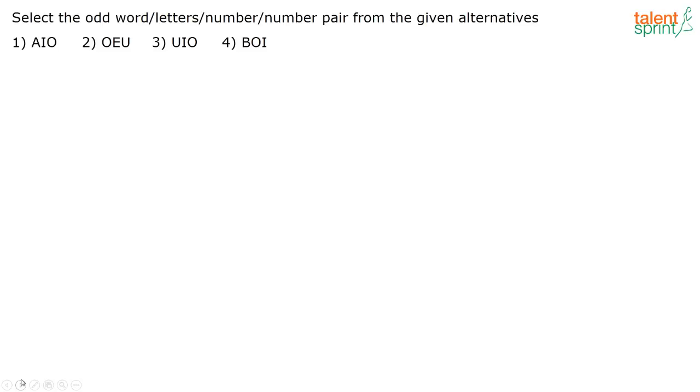Good. So, very easy logic. See, what are the vowels in the English alphabet? A, E, I, O, U. So, if you look at all these 3 options, correct? These 3 options are comprised only of vowels. Look at the 4th option. B is not a vowel. So, this is going to be our odd one out. All the other sets are basically 3 vowels put together except B, O, I. So, that is going to be our answer. That is option 4. See, all the first 3 options have only vowels in them. The 4th option, B, is not a vowel. All the other 3 options have all the letters as vowels.